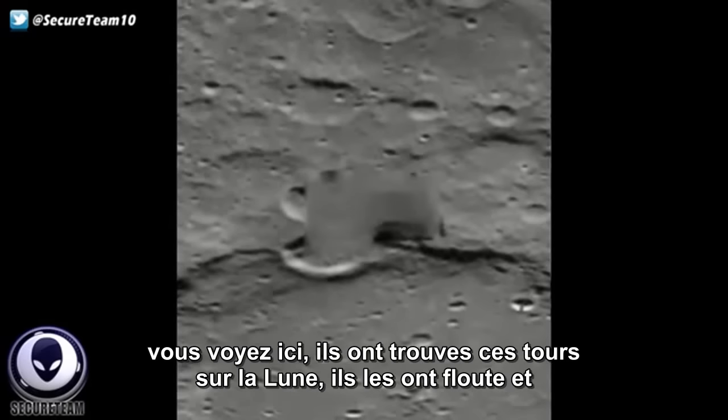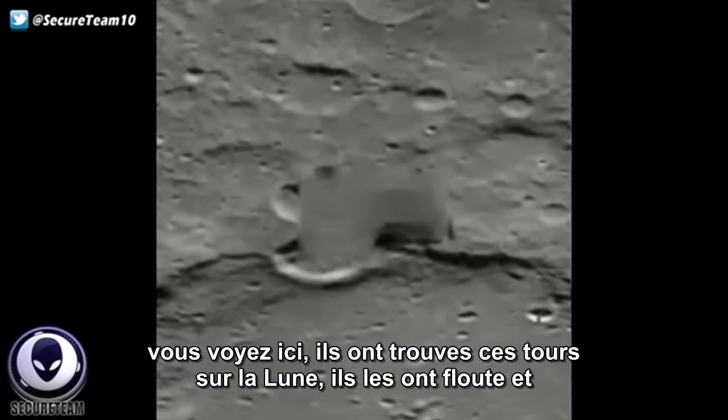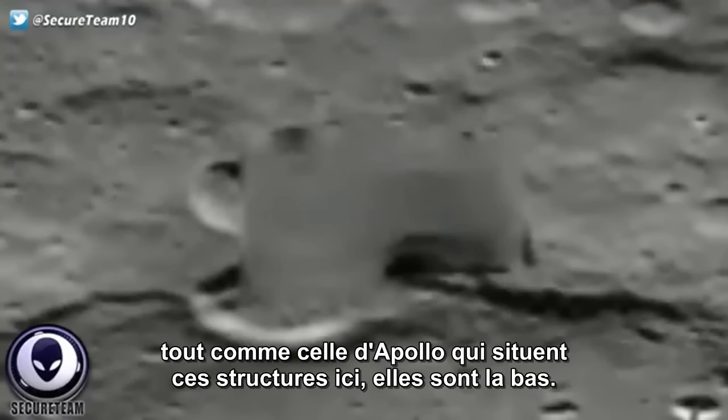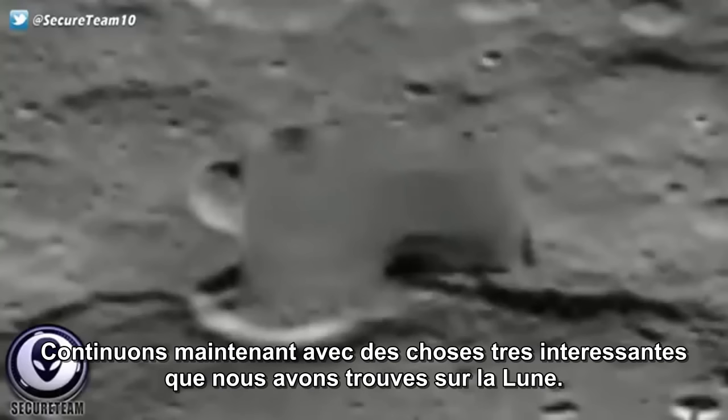They saw structures on the moon, saucers sitting on the edge of craters. Towers have been blurred out by NASA. We have the proof, we have the images you're seeing here. They have found these towers on the moon, they have blurred them out, and these structures are here. We have official lunar orbiter images as well as Apollo imagery placing them here. They are there. So let's move on to some other very compelling and interesting things that we found on the